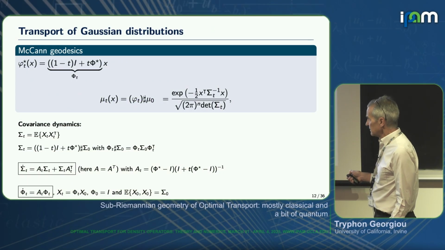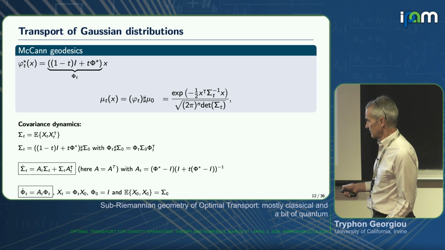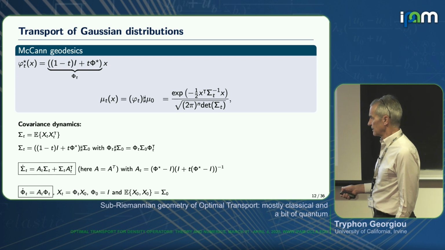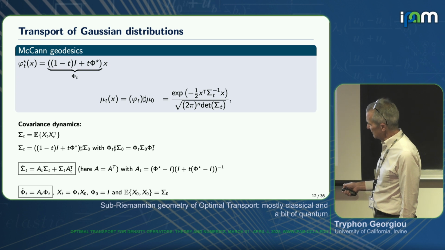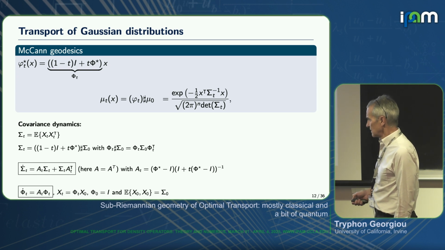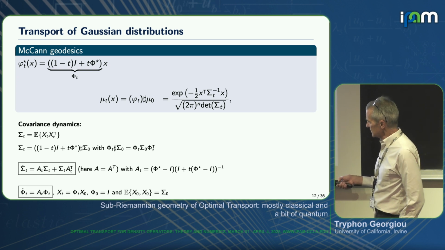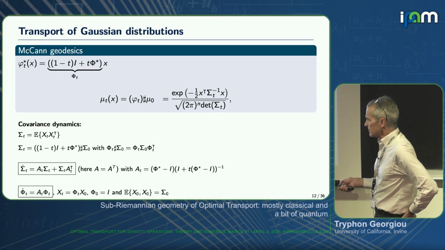And this is the density with the sigmas, sigma sub t. Now the sigma sub t can be thought of as the covariance of the particles at time t. You can have an expression like that. It's the push forward. By this here, when these are covariances, I will mean the congruence transformation. You take the sigma and you sandwich within the phi and phi transpose. Alternatively, the covariances obey this equation, which is called the Lyapunov equation.